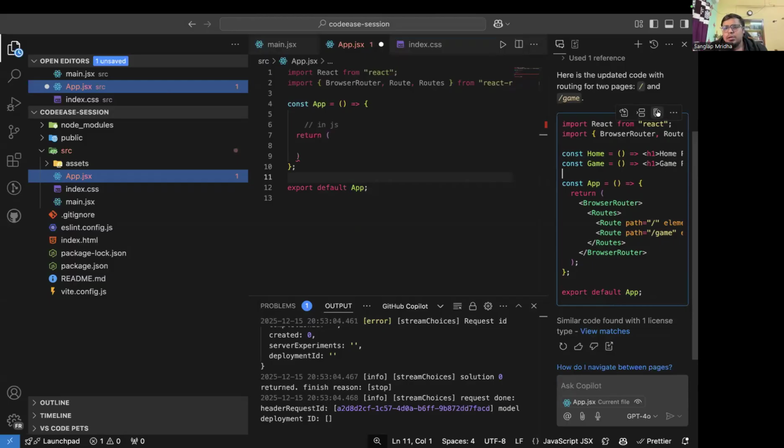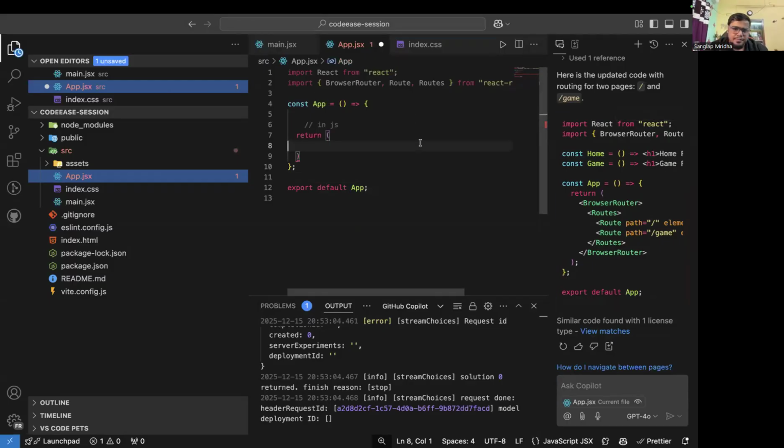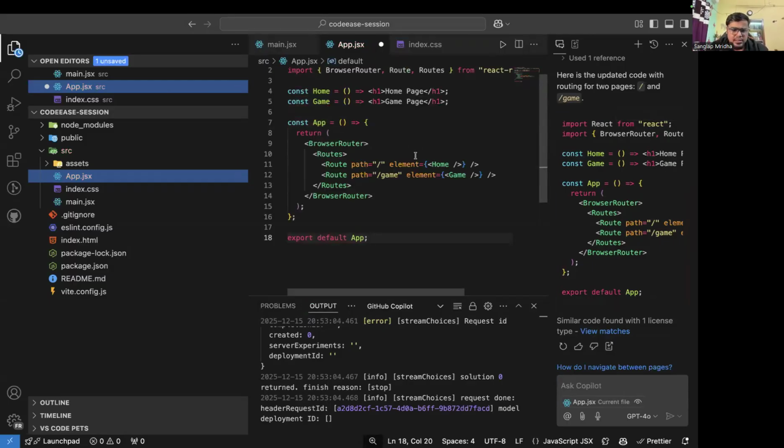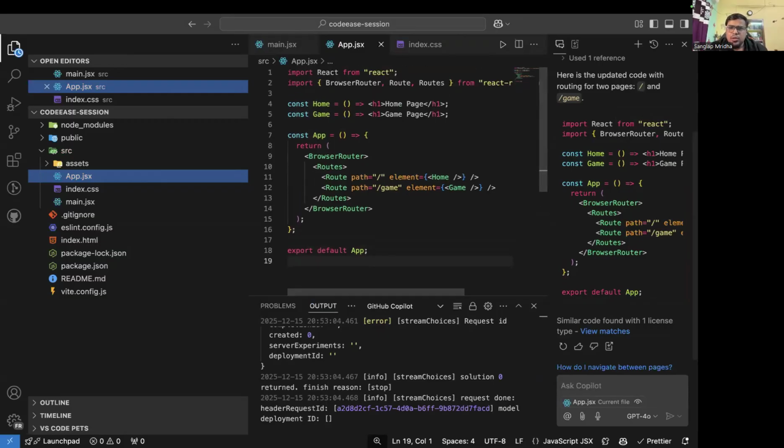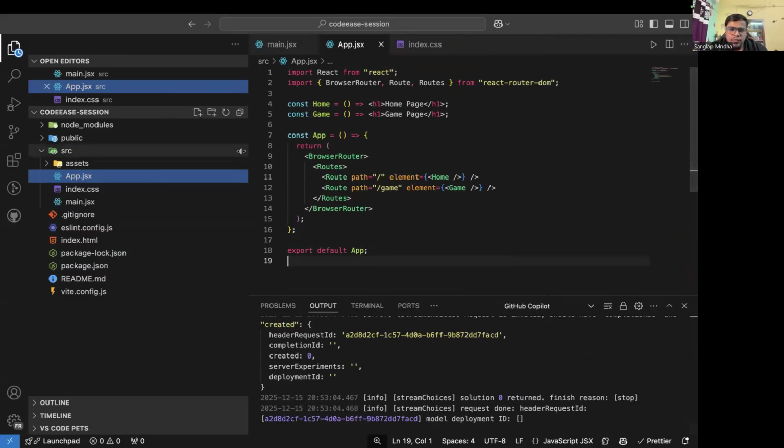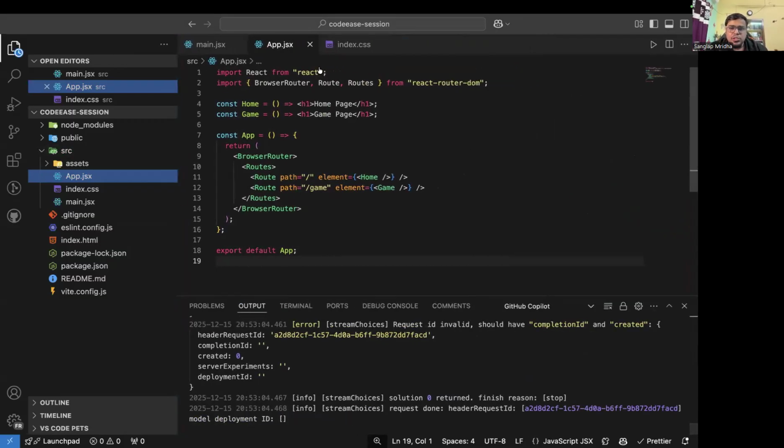Okay, so then let me just copy it. No problem in that. Sometimes it directly suggests in code. I don't know what happened here. Okay, so let me tell you all what it gave me, because if you just copy paste a code and you don't know what is happening,